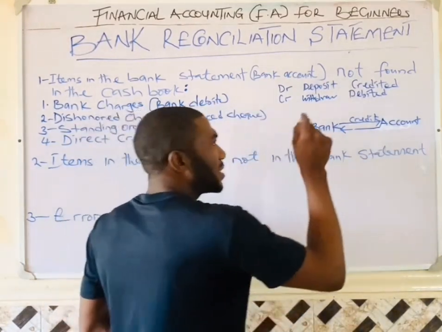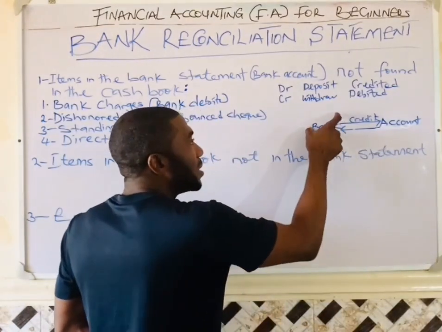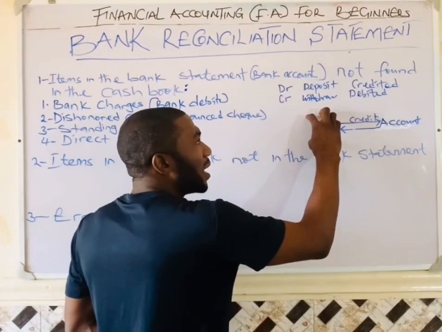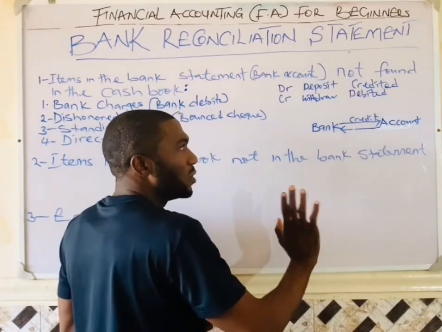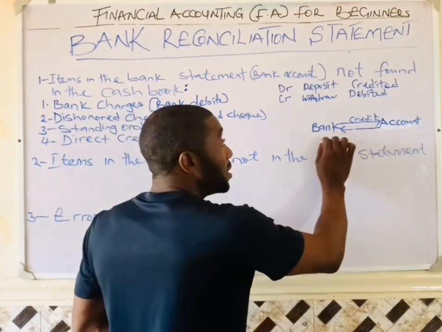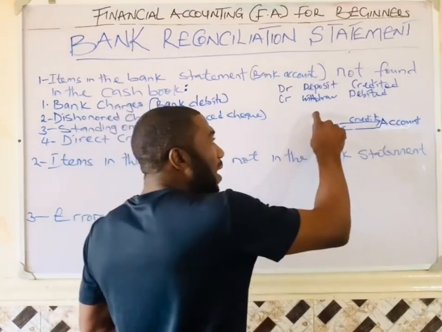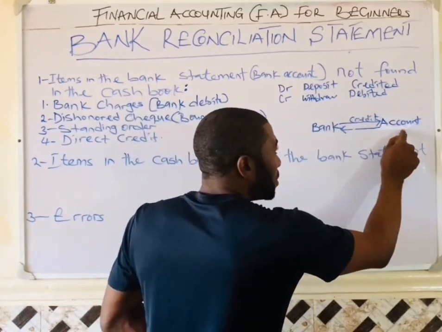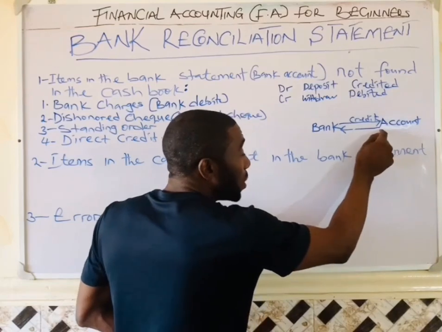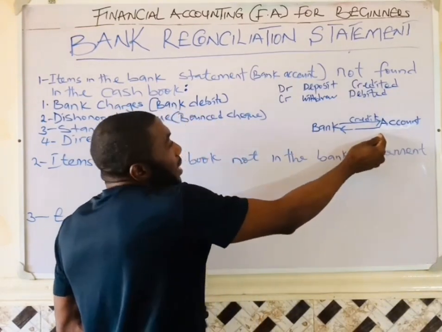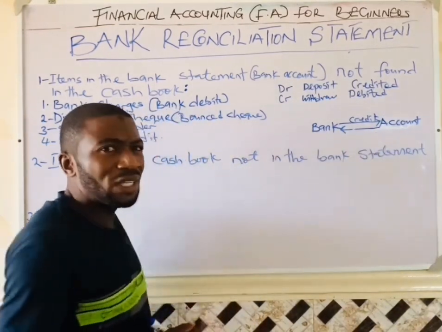You don't have access directly to the account except through this bank. So whatever your account has, you don't have power on it. You don't have control of your account. It is the bank. So if you give them money, they will put it to your account. They will credit your account, and as well, if you want to take, they will debit